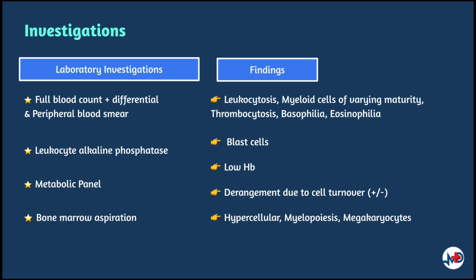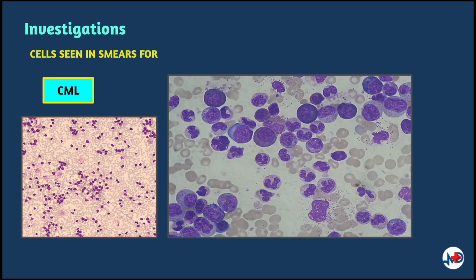Hyperplastic myelopoiesis with a predominance of granulocytes, especially myelocytes and promyelocytes, are supportive findings in CML. Flow cytometry may be done to assess the type and maturity of leukocytes and detect progression to advanced CML or blast crisis. In chronic myeloid leukemia, a typical finding is marked leukocytosis that often exceeds 100,000 cells per millimeter cube